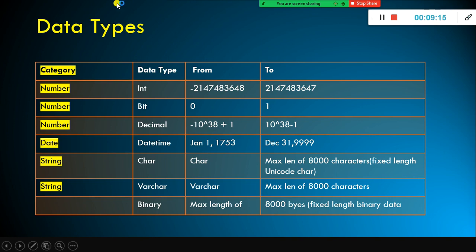If you look at here, the integer data type can hold data anywhere between these two ranges. And the bit data type can store 0 and 1 only. So when should I use the bit data type? For example, in your application, you have a checkbox.